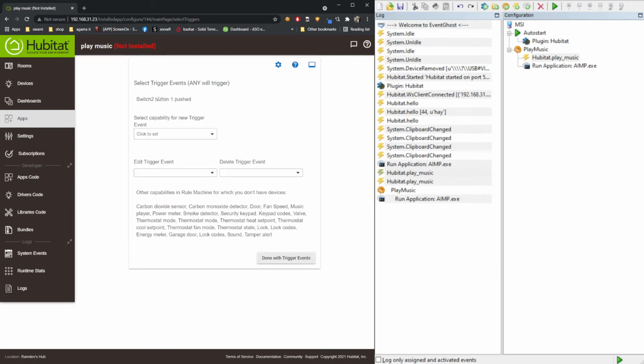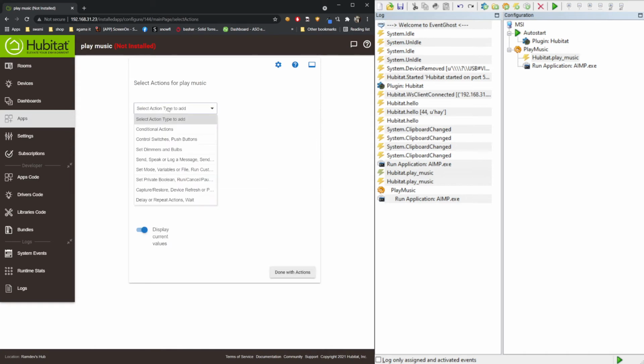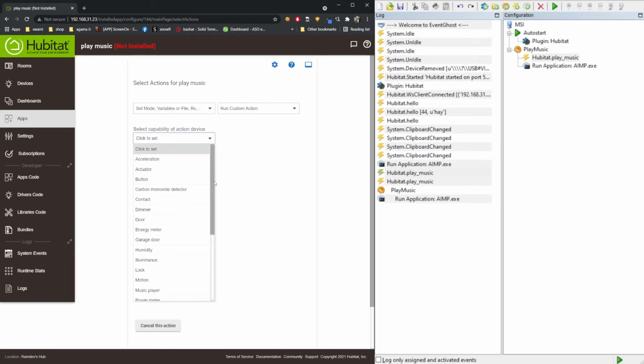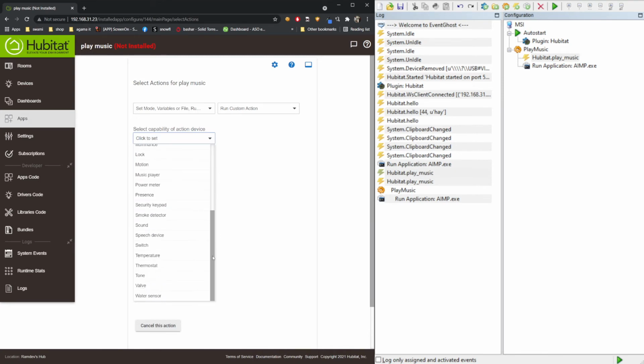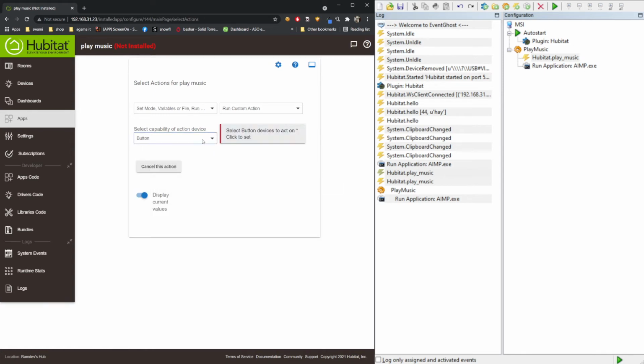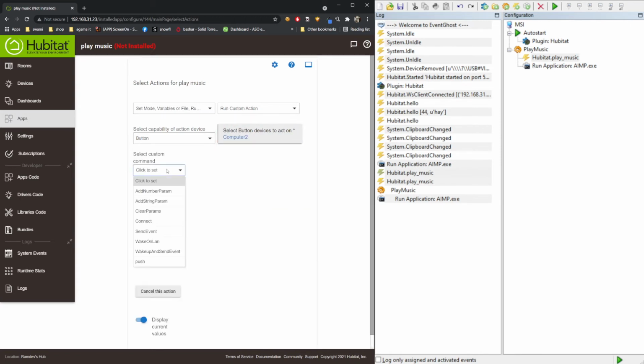So I added a trigger that when I press this button, something will happen. Now I'm gonna add the action. So I want a custom action. So here it is, and run custom action. Then here, unfortunately, they don't let you have just a custom control, so I added, so it's configured as a button. So we're gonna choose a button, and now we're gonna choose the computer 2 that we configured, and we're gonna